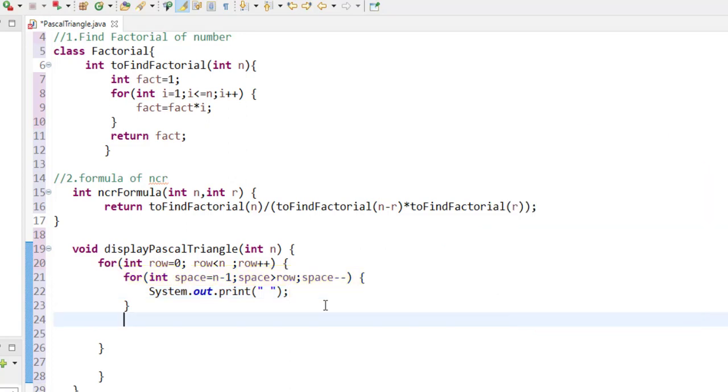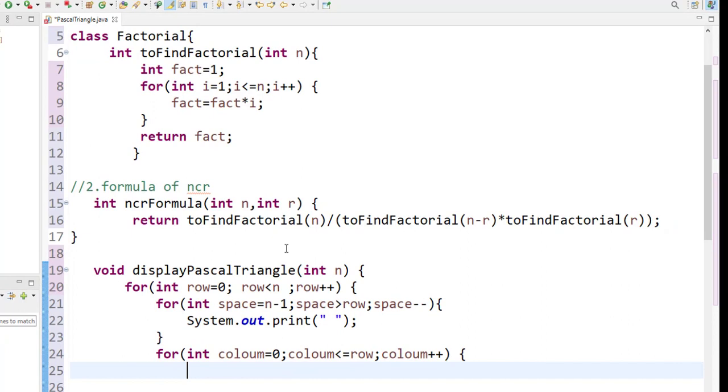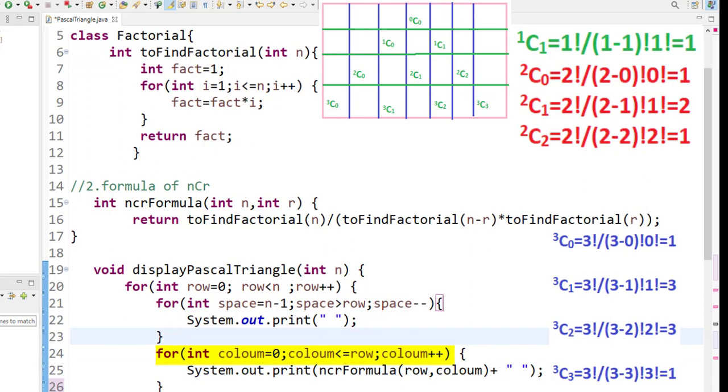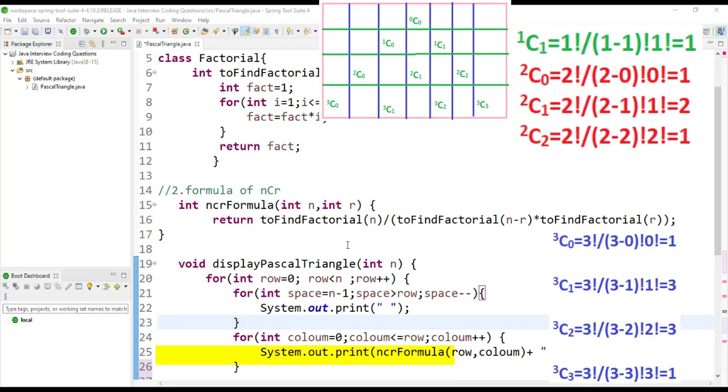Here we are taking space is equal to n minus 1 because it should not be equal to the number of rows. To print numbers, we'll take one more for loop. In the for loop, we'll write int column is equal to 0. Column is less than or equal to row. Then increment column. Here the column value is 0. 0 is less than or equal to 0. Then print the value of 0th column, 0th row. If you find the factorial of 0th column, 0th row, you will get the value 1. Then print the value of 1 in the 0 column. Then increment the value of column. The important thing is 0 factorial is equal to 1.